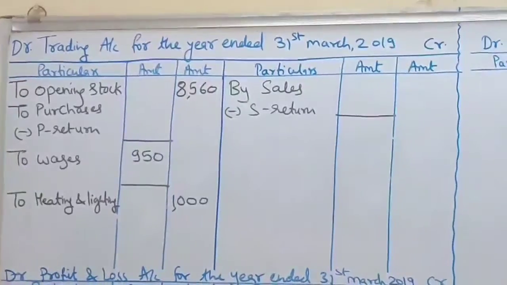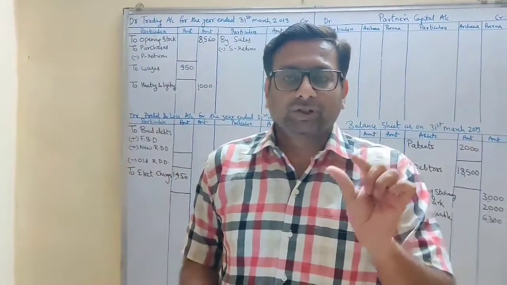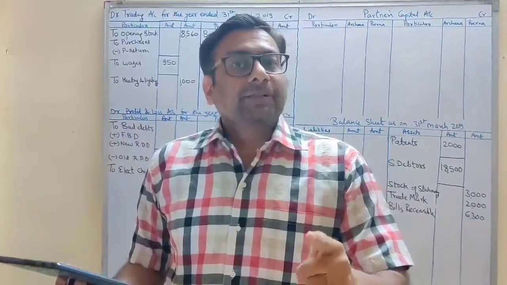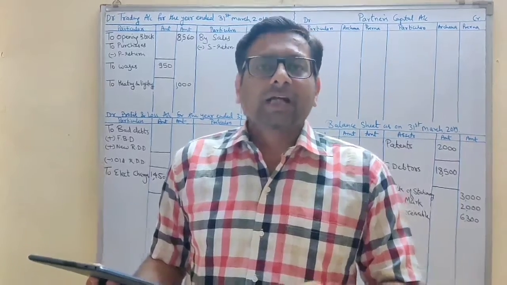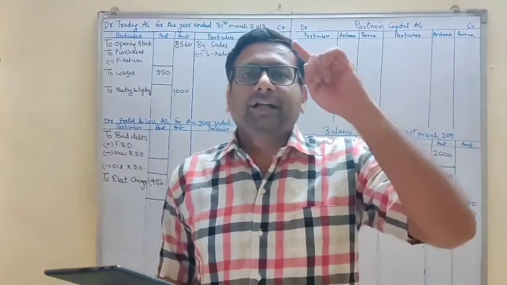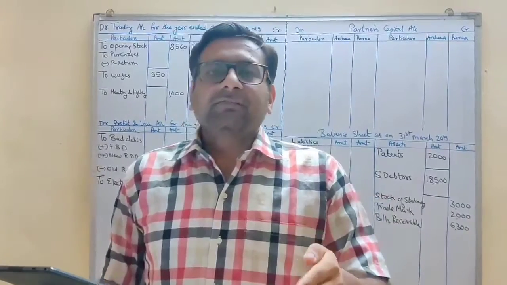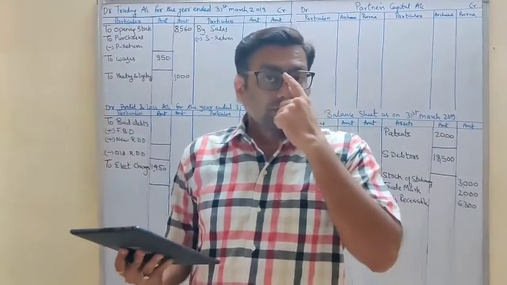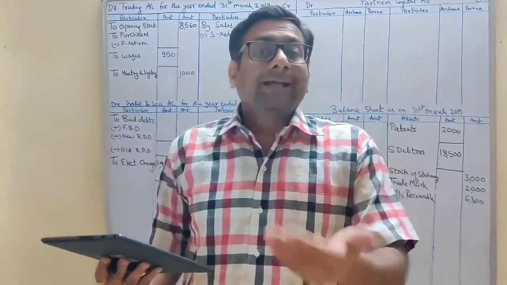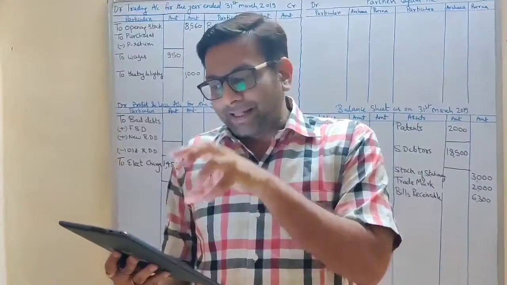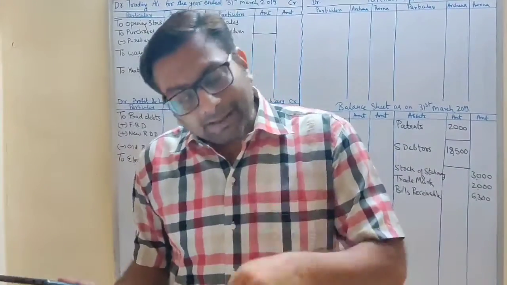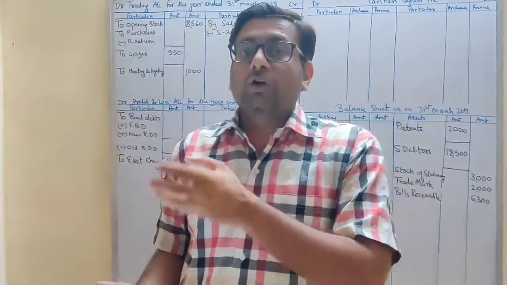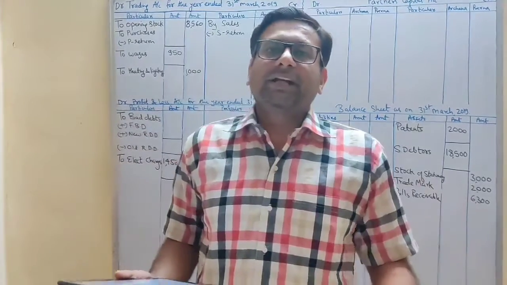Then trade expenses. Now this is a very important item, students, listen carefully. Trade expense, you have to check your entire trial balance, and if trade expense is given along with the general expense, then your trade expense will go in trading account. Now if it is given along with the general expense, your general expense will go in P&L. Now why, students, you are doing this? Because it may be possible that the business is maintaining one account only. It may be possible that they are maintaining one account for general expenses, which is also called sundry expenses, along with the trade expenses.